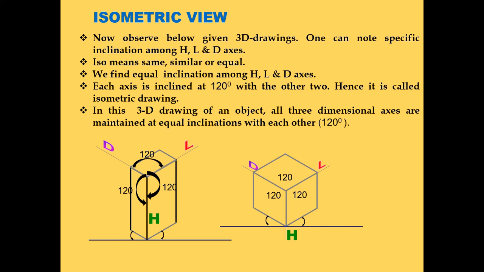Here I would like you to note one more important thing. As far as the length axis and depth axis are concerned, initially we draw one horizontal line, and the length axis is drawn at 30 degrees with respect to that horizontal line. Similarly, the depth axis is also drawn at 30 degrees with respect to the horizontal line. And remember, the H, that is the height axis, is always drawn at 90 degrees with respect to this horizontal line. The same is the case for the second example of the cube. We see the angle made by the depth axis is 30 with respect to horizontal, the angle made by length with respect to horizontal is 30, and that of the height with respect to horizontal is 90 degrees, that is a right angle.